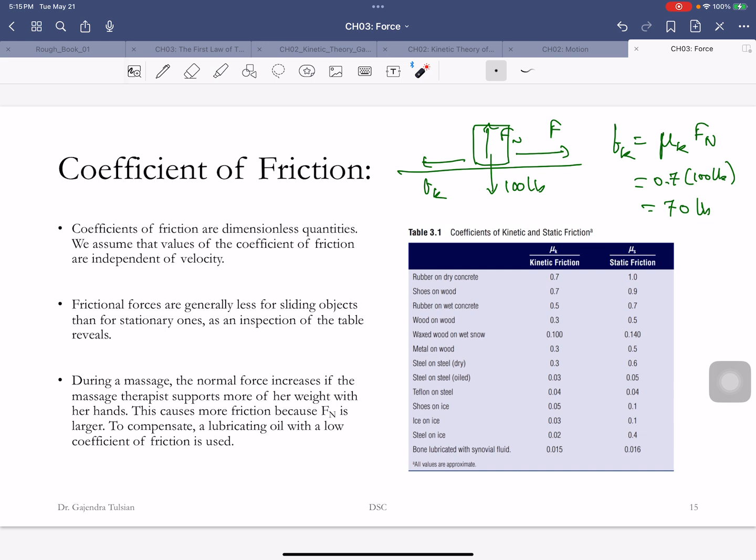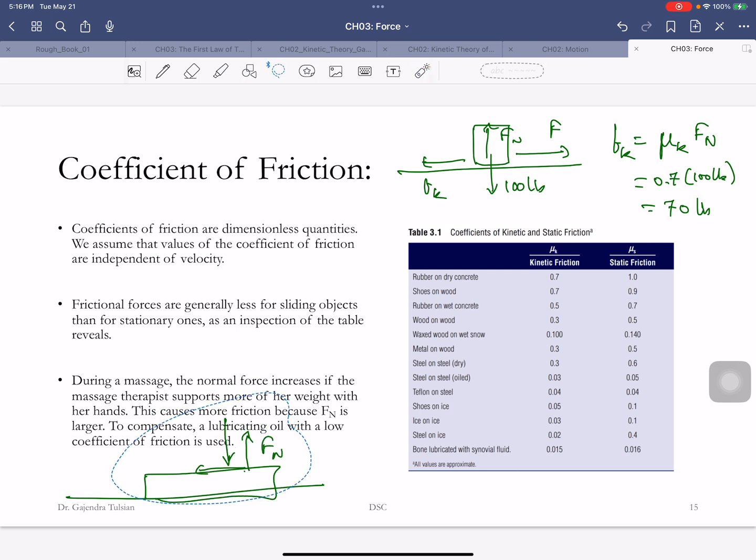Now, for instance, in biology, here's an application. During a deep tissue massage, the masseuse will press down on the patient, so the normal force is large, it's the weight and stuff, and so there's a friction force, and the friction force is larger because of the normal force. During a massage, the normal force increases if the massage therapist supports more of her weight with her hands. This causes more friction because Fn is larger. To compensate, a lubricating oil